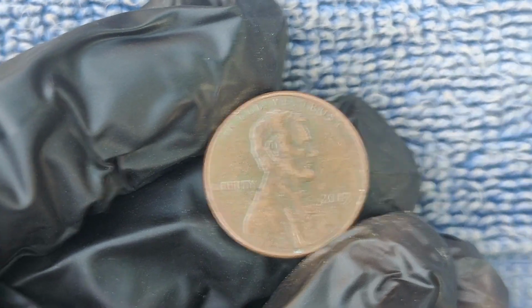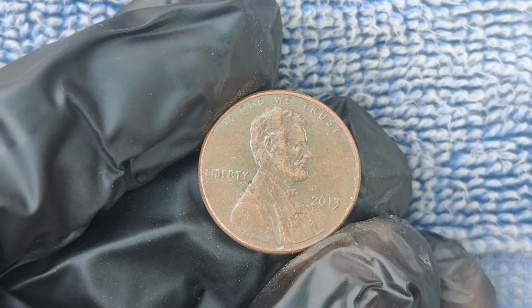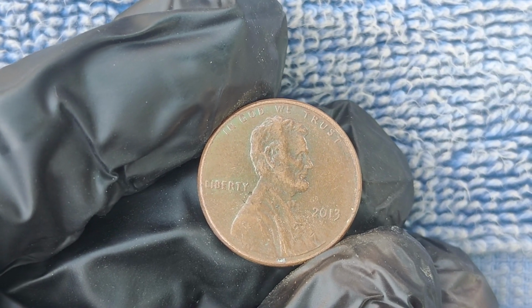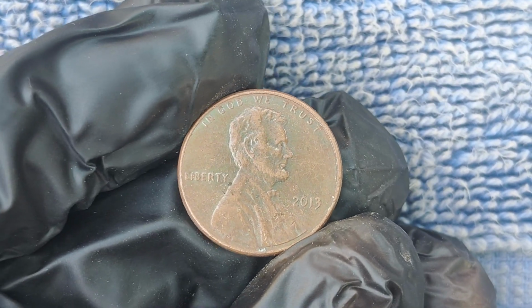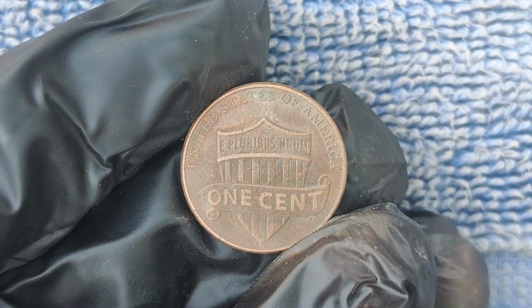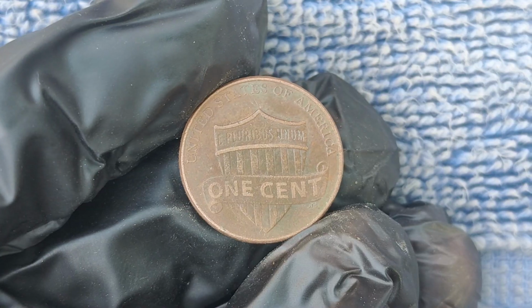We're diving into a truly remarkable and rare coin, the 2013 no-mint mark Lincoln penny, with a jaw-dropping market value of $1.6 million. This penny, which seems ordinary at first glance, has captured the attention of collectors and investors alike, and its value has skyrocketed. So, let's break down exactly why this coin is worth such an incredible amount, and how you might just find